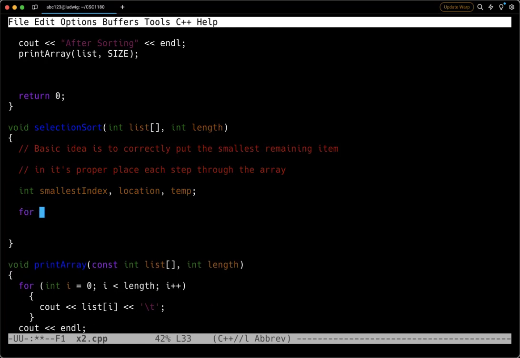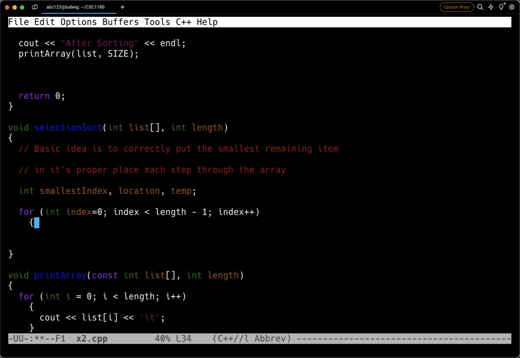Okay, now I'm going to do a for on int index equal to 0, as long as index is less than length minus 1. Again, the minus 1 is because when we've sorted 9 out of 10 items correctly, the 10th one has to be sorted. Okay. And then I'm going to do an index plus plus on that. Okay. So no matter what our size is, that's going to work for us. Okay. So inside of here,